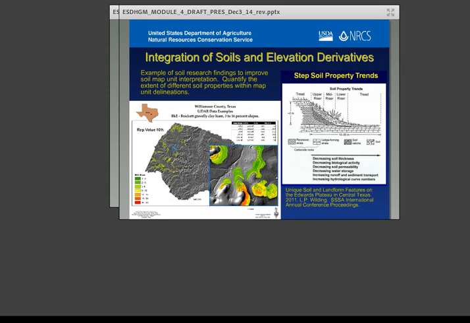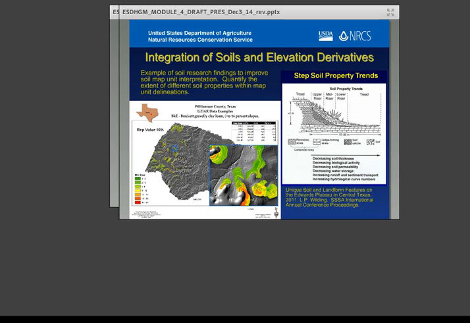We have actually published scientific studies of the occurrence of soil properties that can be directly related to landform position, and these landform positions can be identified, quantified, and studied using our elevation derivatives, in this case derived from LIDAR data,